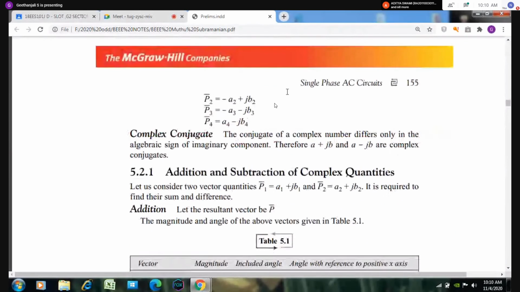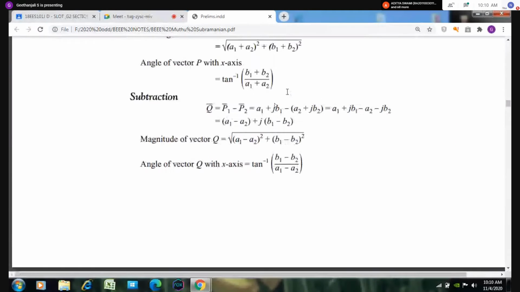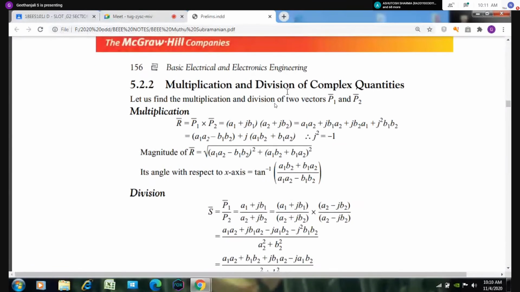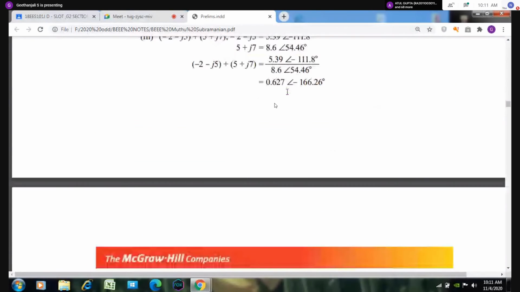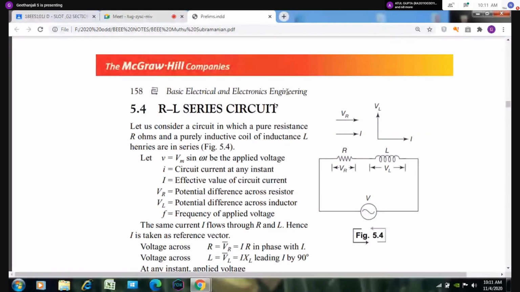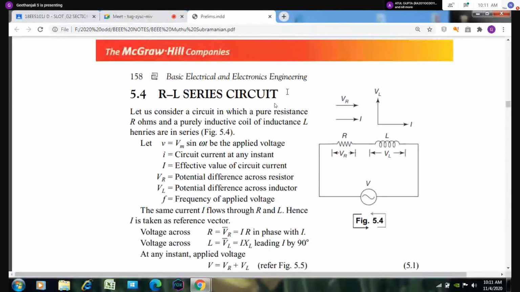So now we will see the pure resistive circuit. You need not read these topics in your textbook, as it's not in your syllabus. The J operator you should know. Counterclockwise means J, 180 degree means J square, 270 degree means J cube. That's all you're supposed to know in the J operator topic, right?